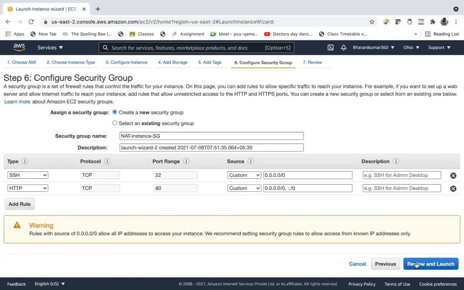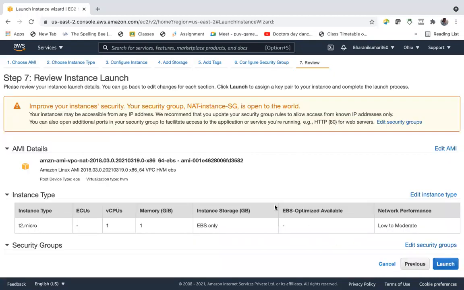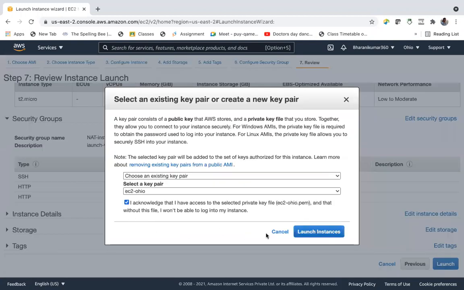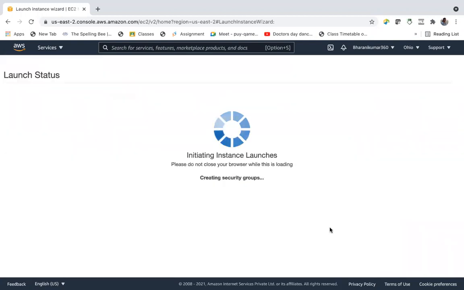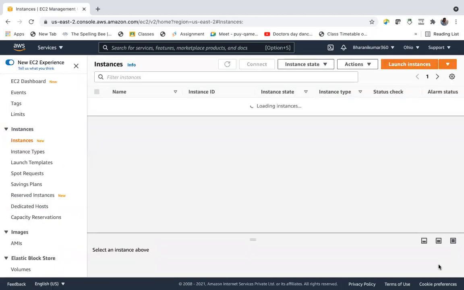Launch instance, review and launch. Seems like I have exceeded my 30 GB. I have some instances running in Mumbai region also. So let's say make general purpose, yes, next. Launch. View instance.